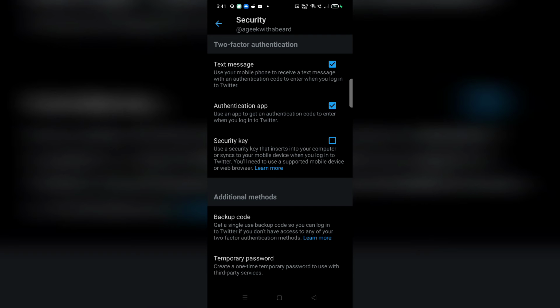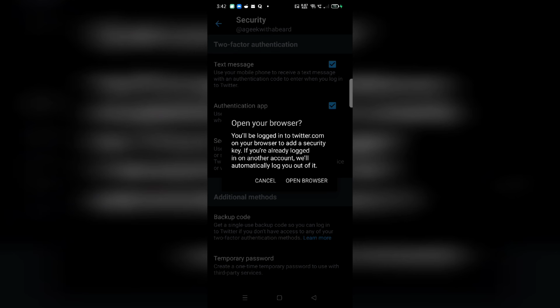If you're still wondering how to increase the security of your Twitter account, this is the way. I think setting up these two methods is going to do more than good for you. In case you want to enable the security key as well, it's the same procedure. You'll be logged into twitter.com on your browser and add a security key.